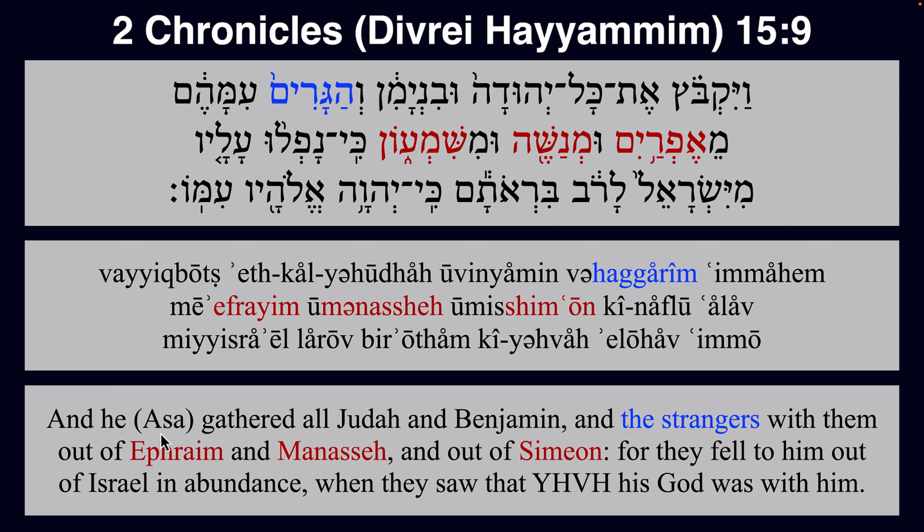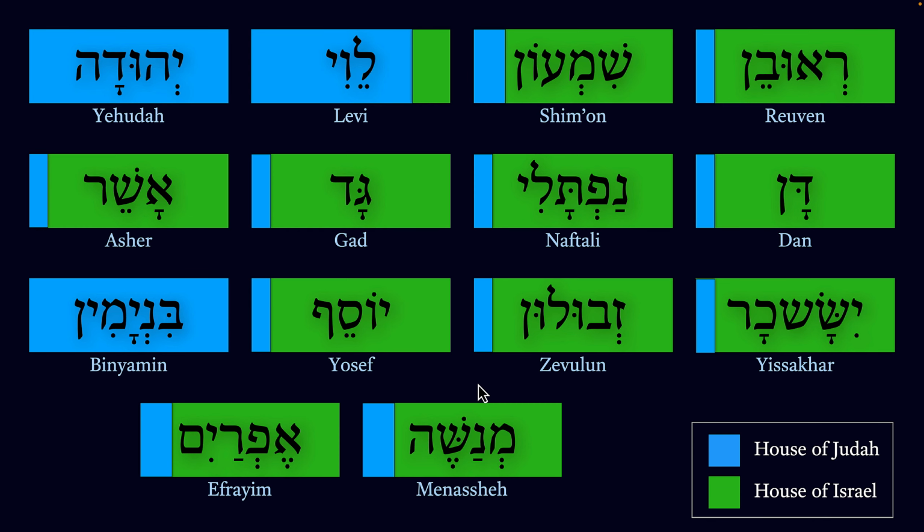They came under the king Asa, and because they saw that Hashem was with him, Hashem was with Asa, so they came. They basically, you can say, migrated down. Okay, so the new picture that emerges then is that in every single tribe,